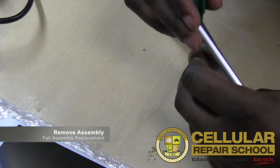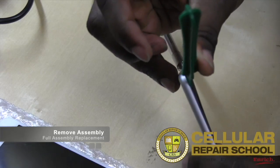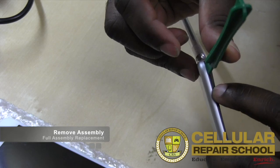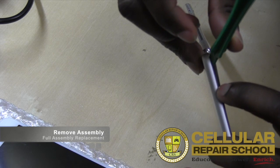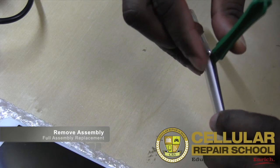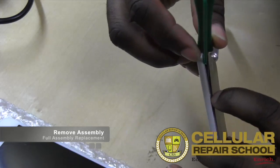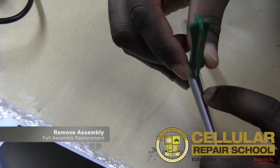So where I am right now, I'm going to show you guys right here. There's a couple of things you'll be able to see. I'm actually under the mid frame. So you can do this one of two ways. I like to get started under the mid frame just so I'm making sure I'm missing everything in regards to the back casing, so I'm not damaging anything. But once I get that bottom up, you start to see a separation right here in the glass and the